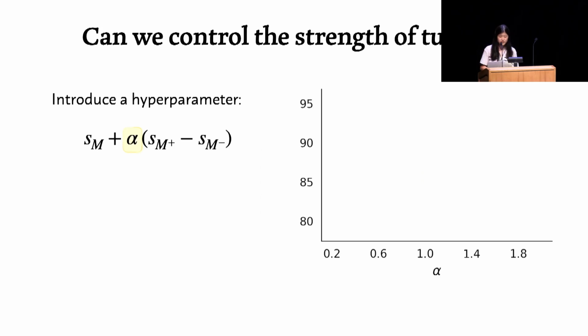In analysis, we further investigate whether the strength of tuning can be controllable. So vanilla proxy tuning doesn't involve any hyperparameters, but we can introduce one if we want to. So we introduce alpha, where intuitively larger alpha magnifies the contrast between the expert and the anti-expert, and smaller alpha keeps your prediction closer to the base model.